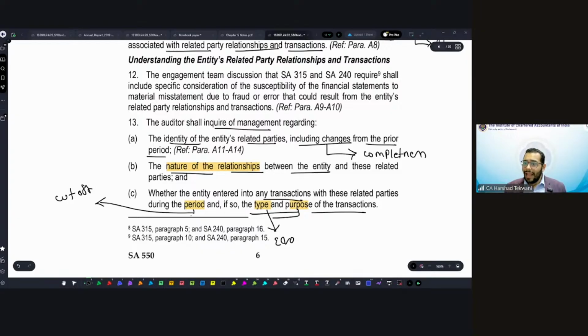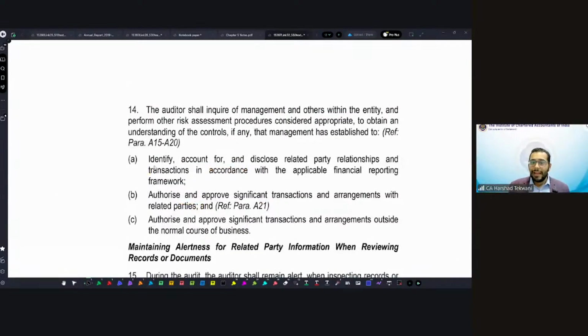Then I will identify the related party transactions that management has given me, and I will obtain an understanding of the control on it. What are the controls established by the management? Now, the controls can be for identifying, for example, if I give you